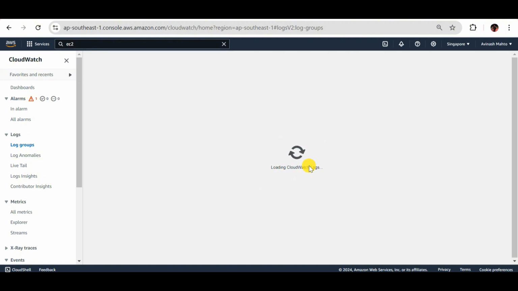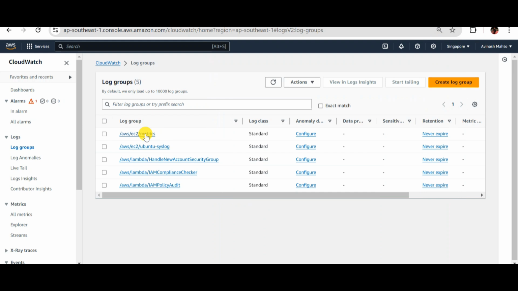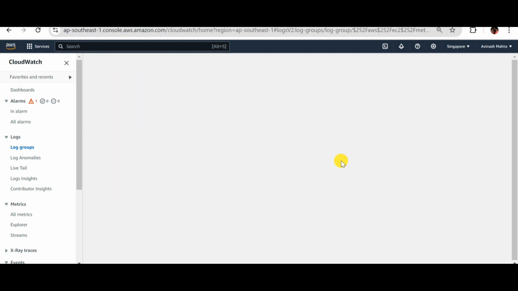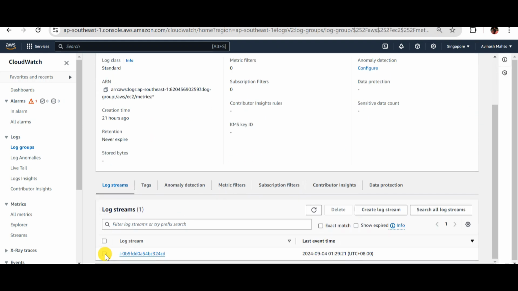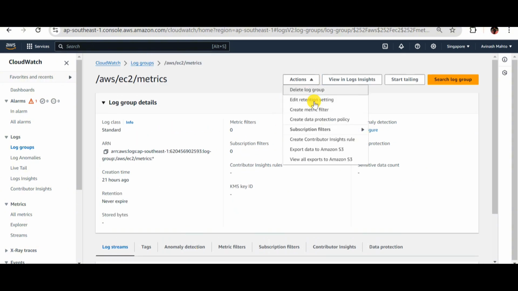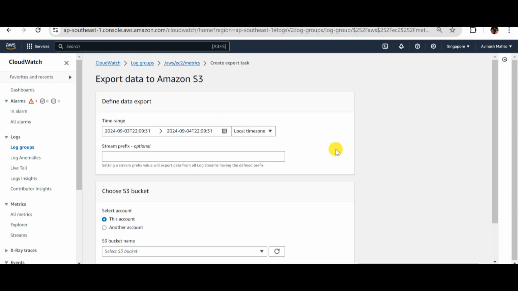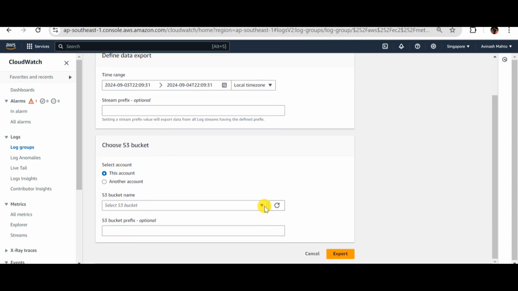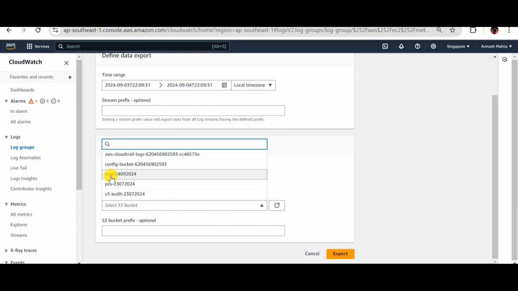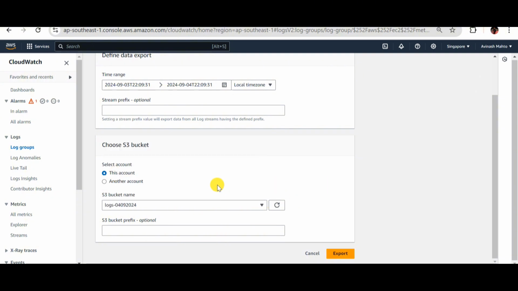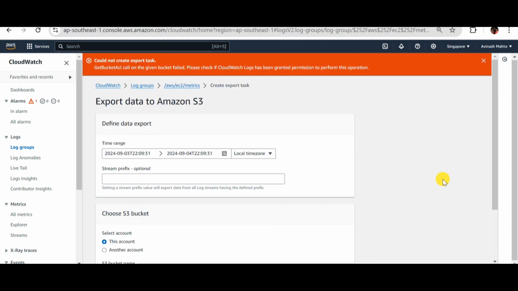It's taking a bit longer, not sure why. Okay, so this is our log group, and we can go inside here, and this one we can export. So we can say export data to Amazon S3. After that we can choose the S3 bucket. I am going to store under this bucket. Okay, then export. So right now we are getting an error saying,